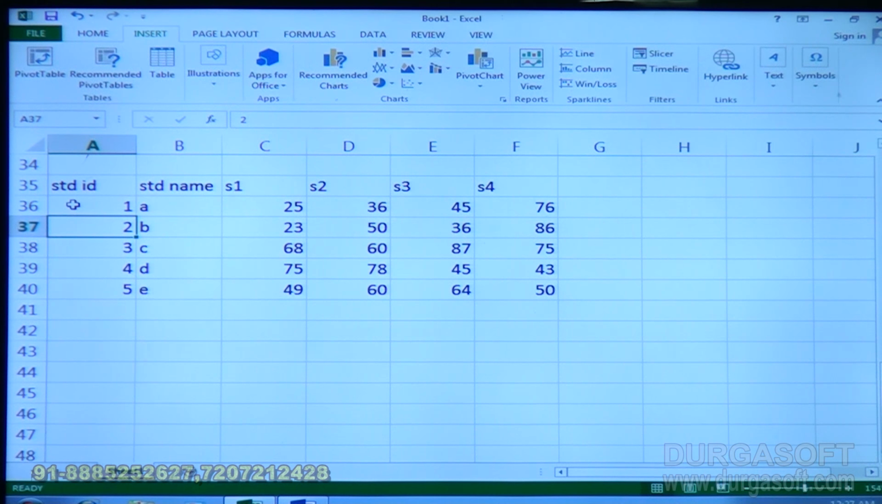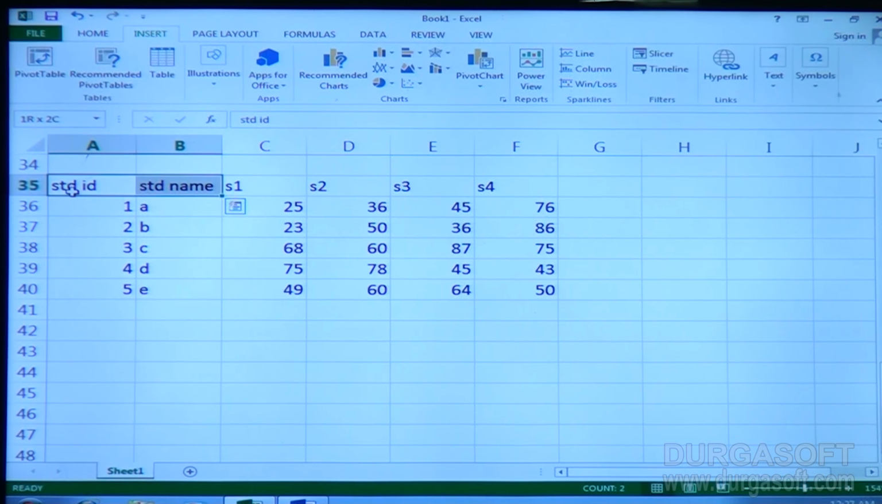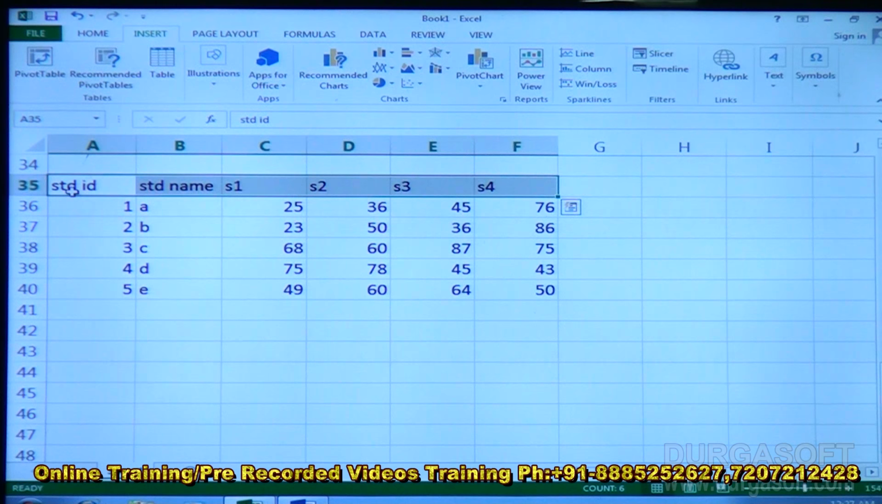After inserting, means if you want to insert any chart, first we need to select our data. Without selecting the data, we cannot insert the chart. So after that only we can do this. If you want to mention these total headings, we can mention with the help of this bold and italic. So now